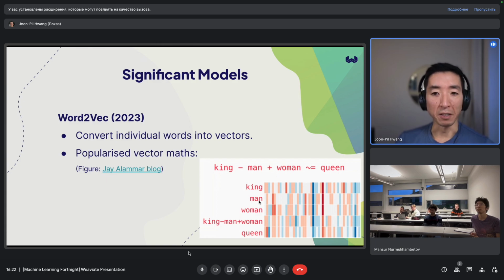Like the difference between the vector for queen and the vector for woman would be some sort of vector for denoting royalty, right? And the same difference that applies to king minus man equals queen minus woman. So that really opened people's eyes as to, hey, this is really powerful. You can convert meaning and capture meaning as a series of numbers and manipulate them.